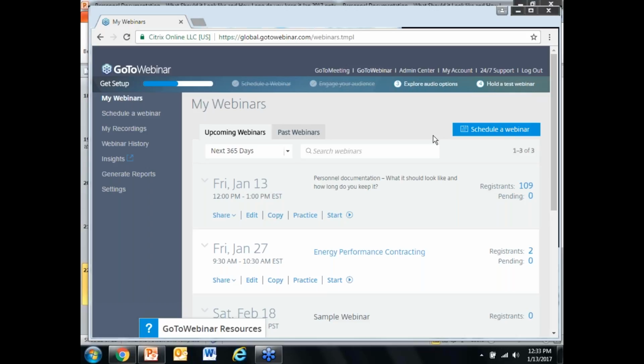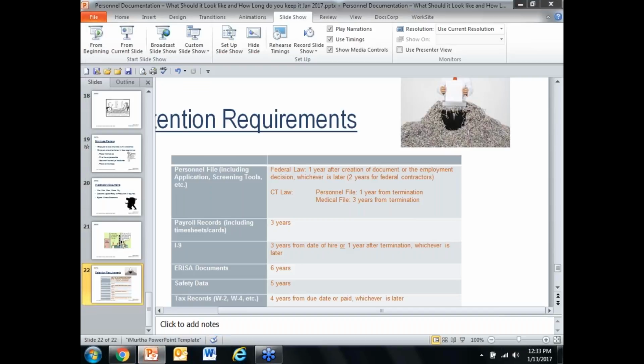Okay, so the question is, where should you keep your EEO documents? I would keep them in a specific file designated for your EEO. So if you're talking about your EEO-1 and other affirmative action filing documents, I would not keep them in any personnel file because they are more global to your workforce. And you should also keep them secured under lock and key along with your other documents. In terms of keeping them,